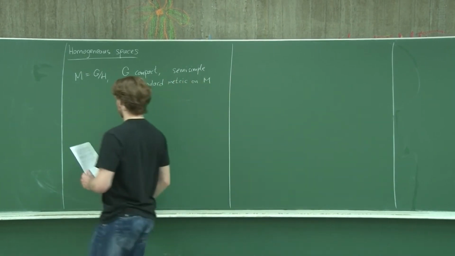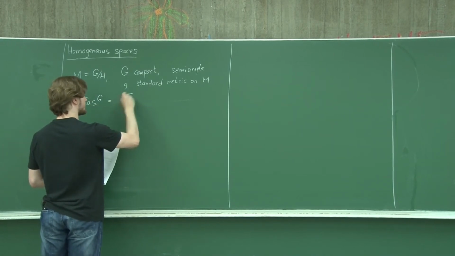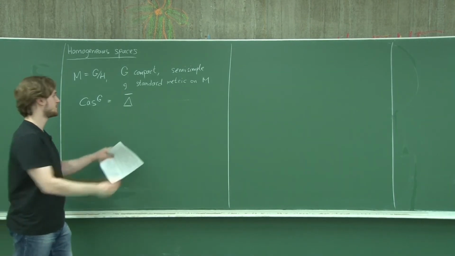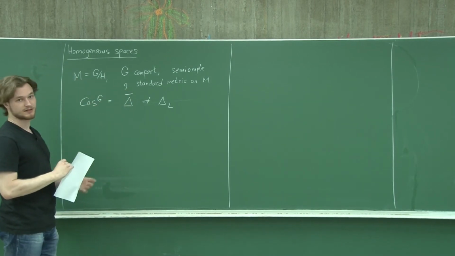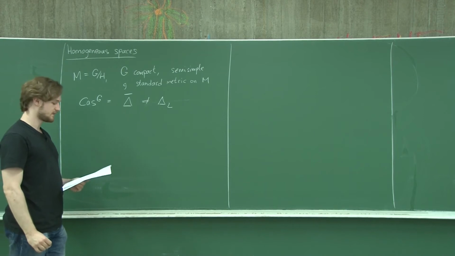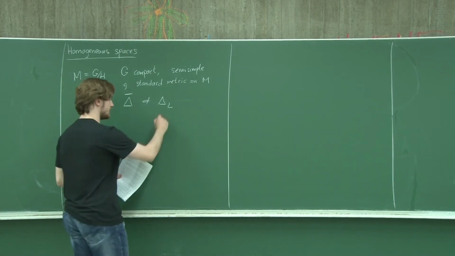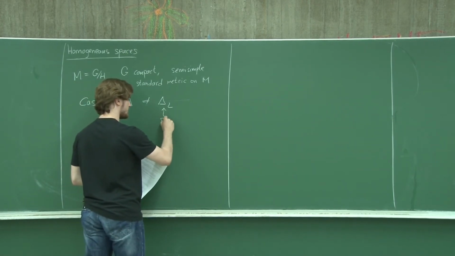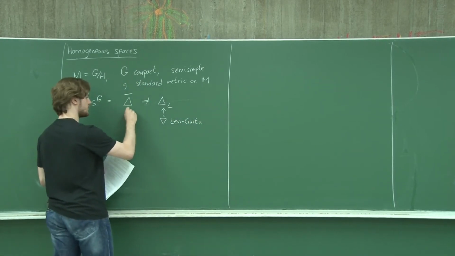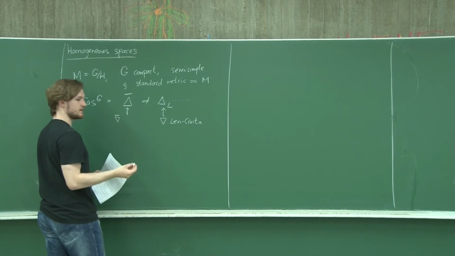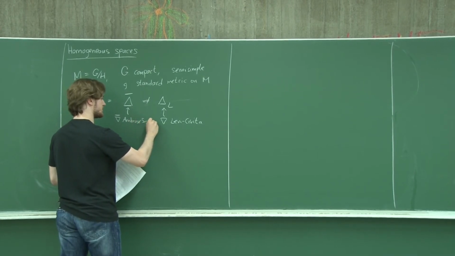And then we have, in fact, the following. We have that the Casimir operator of G equals a Laplace type operator. But this is not the Lichnerowicz Laplacian in general. So what is this? This is the standard Laplacian. It's defined completely analogously to the Lichnerowicz Laplacian, but it's using a different connection. So the Lichnerowicz Laplacian comes from the Levi-Civita connection, and this operator here comes from another connection, which is sometimes called the Ambrose-Singer connection, or the canonical connection